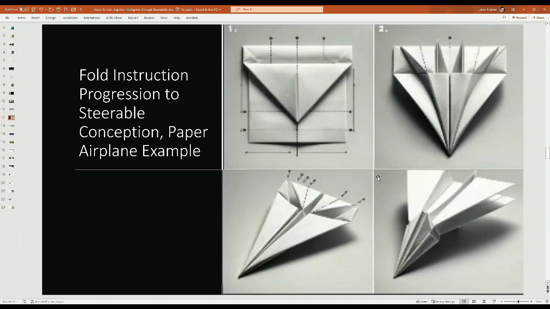I think they're easy to grasp, but you would ask it, draw the instructions for making a paper airplane. So in stepwise, you get some folds, you get some more folds. It seems to understand this, that you're giving someone instructions with dotted lines, and it eventually comes up with a relatively original design.